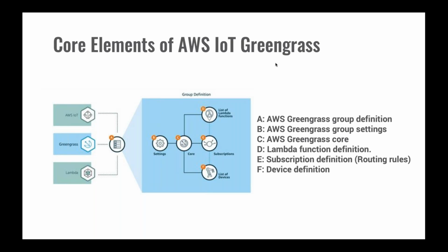Then there are subscriptions, and subscriptions are traffic rules. They are the routing rules. By default, devices or Lambda functions cannot talk to each other. Unless you have everything fed to the cloud, you cannot really gain access to individual MQTT topics and various other internal communication channels. So to facilitate that, you create a routing rule that says, okay, the elevator is going to publish,